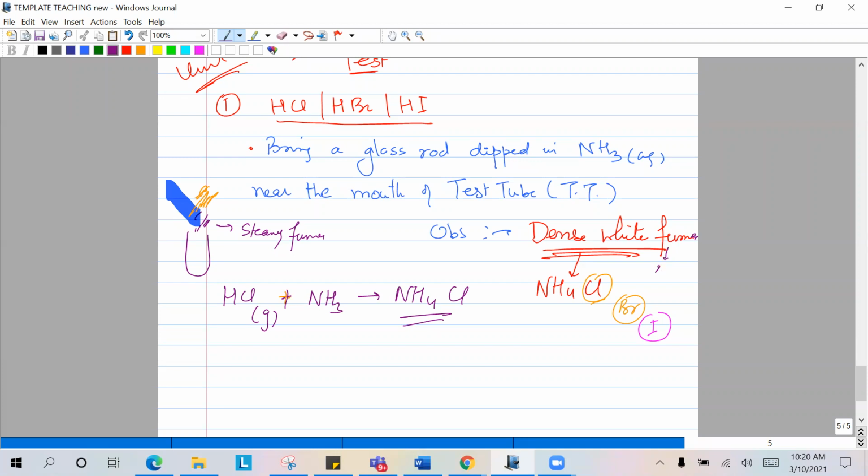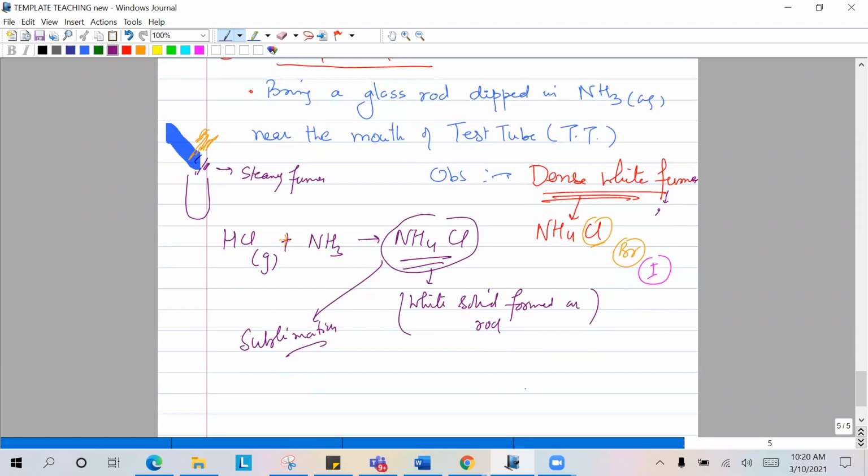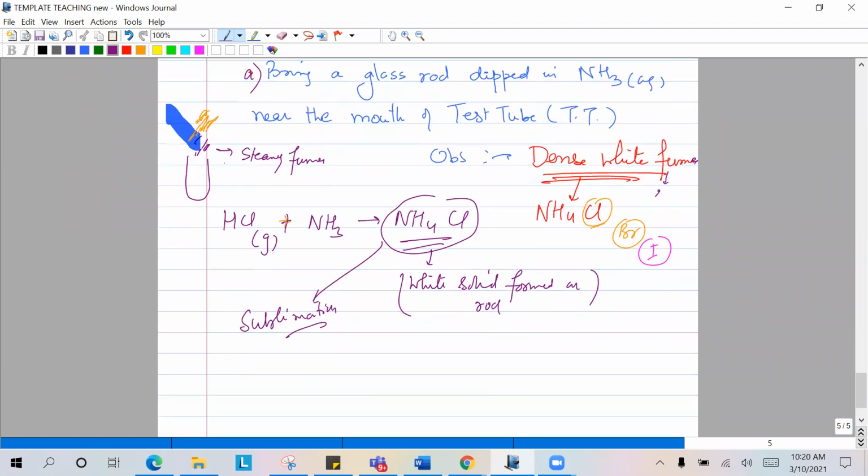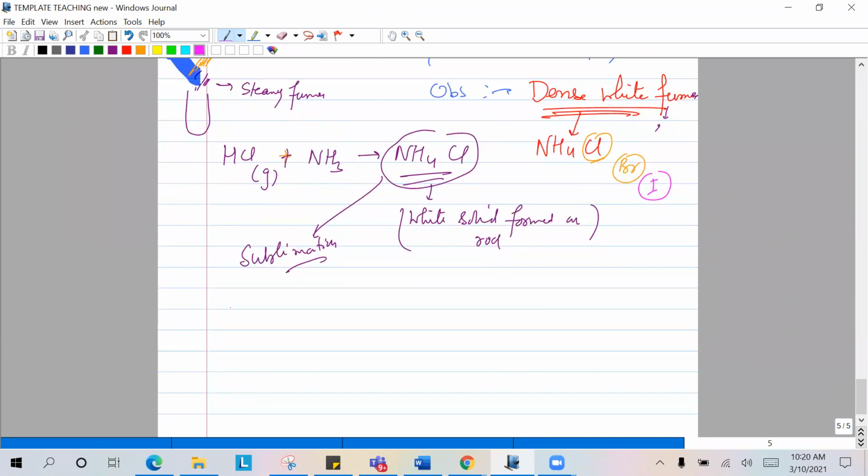So you can also say a white solid is formed on the rod. Why? Because ammonium chloride has a property of sublimation. So you can even write in the observation: white solid on the glass rod. So if this is one of the tests to confirm, the other test is